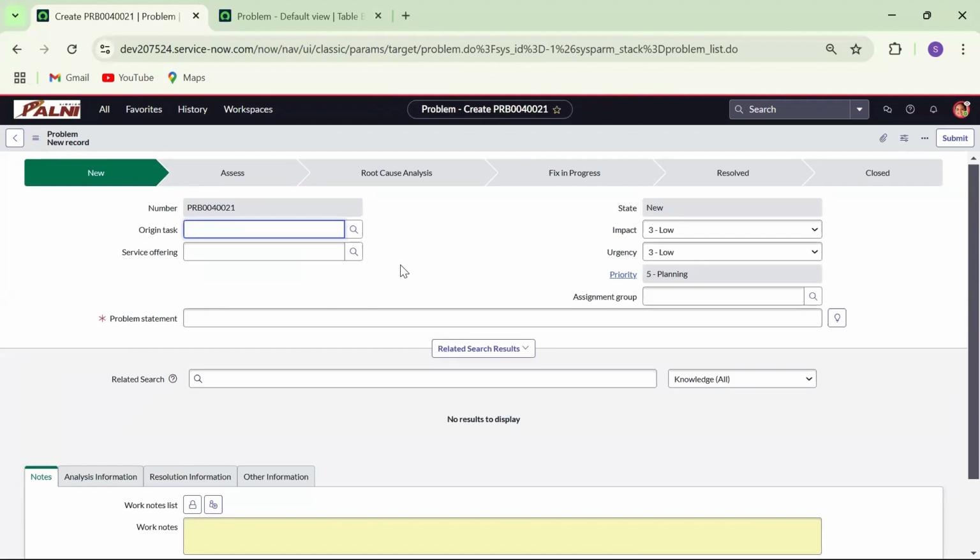As you can see, the new form layout is now applied to Bethangeline as well. Personalization takes precedence over configuration, so any personalizations made by users will override the default configurations.